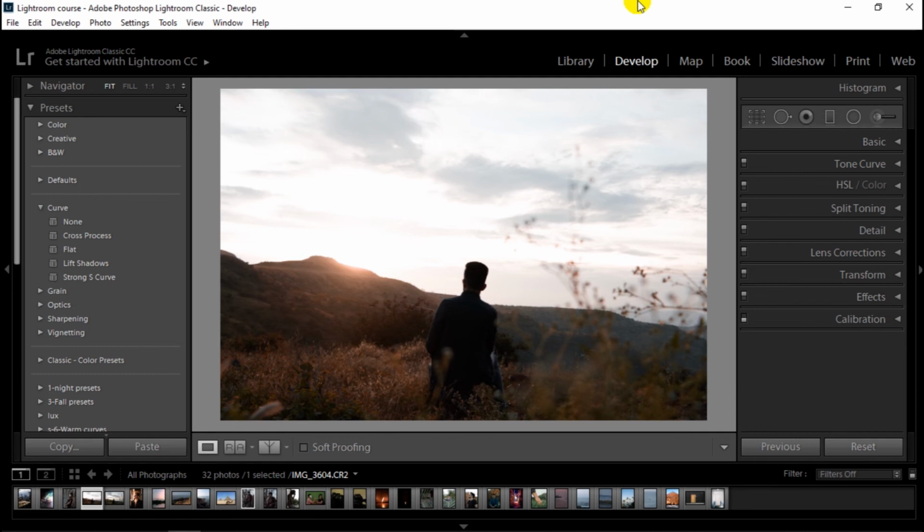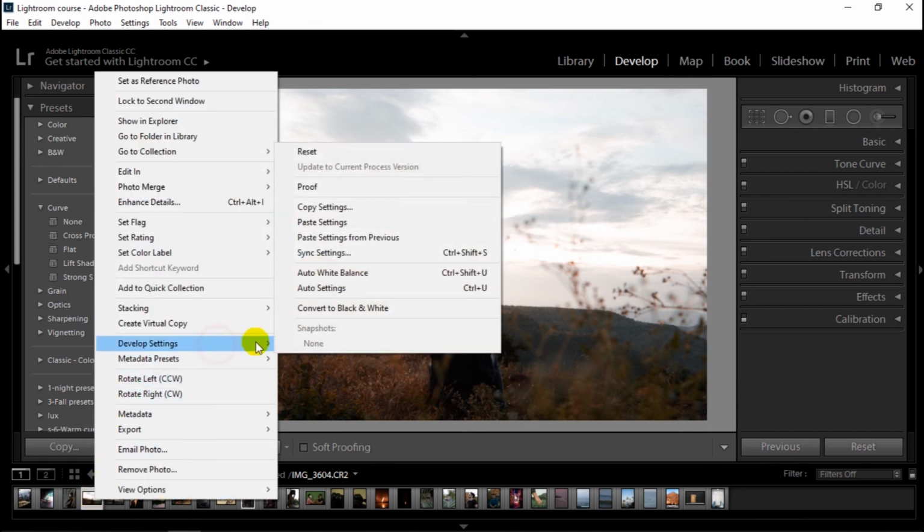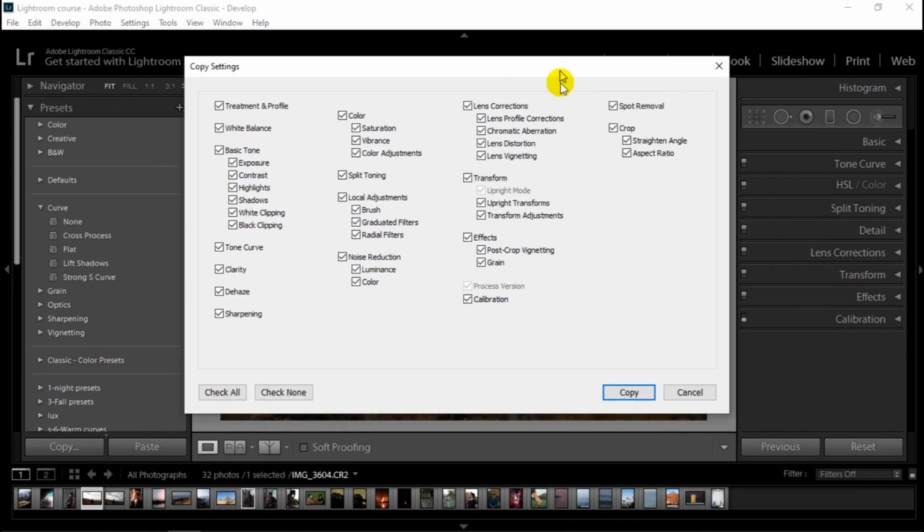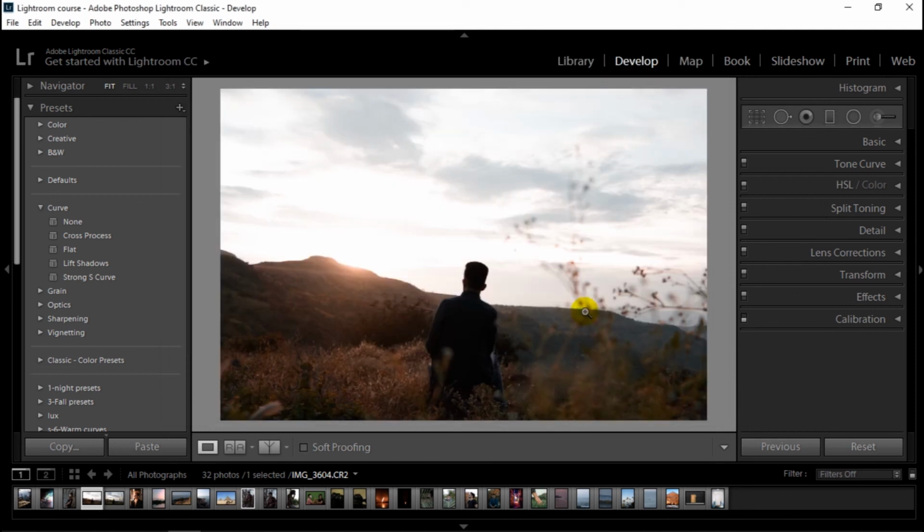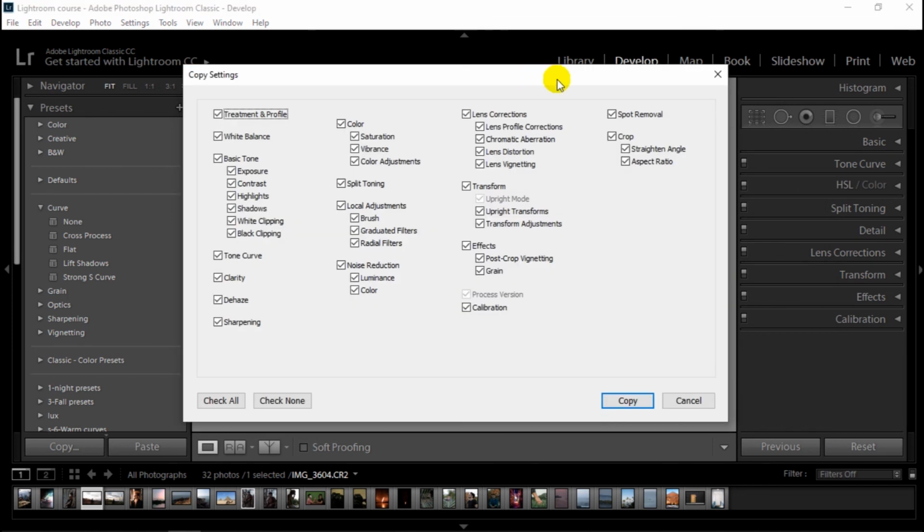To do that, we need to copy the changes that we made to this image onto another one. This is probably the most used option because when editing with Lightroom, you might need to copy the same settings, the same edits, to all of your photos. To do that, just go to the thumbnail of the image on your timeline, right click, develop settings, click on copy settings, and a separate window will pop up. Or you can just use its shortcut Ctrl Shift C, and Ctrl Shift V is used to